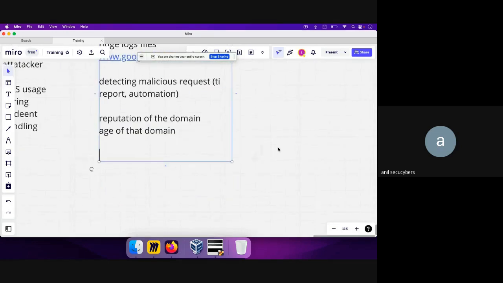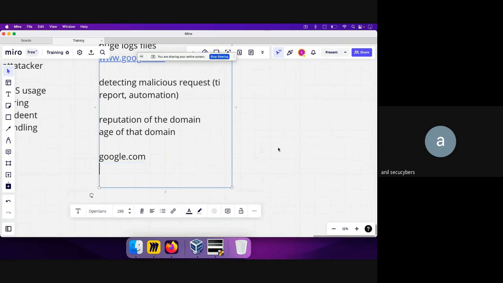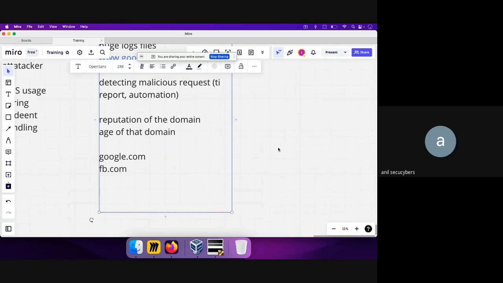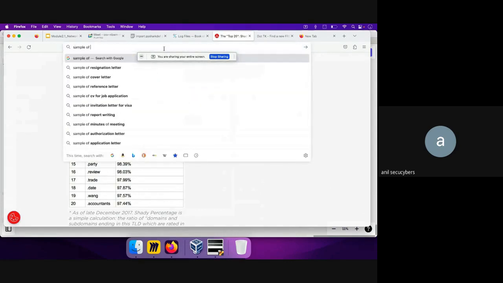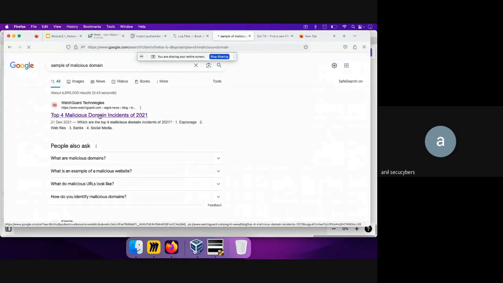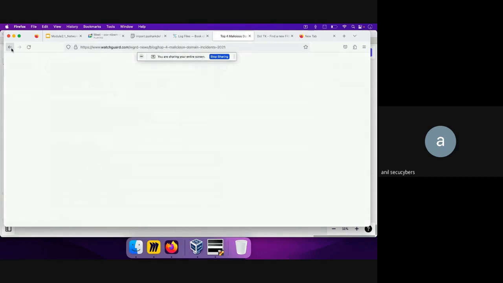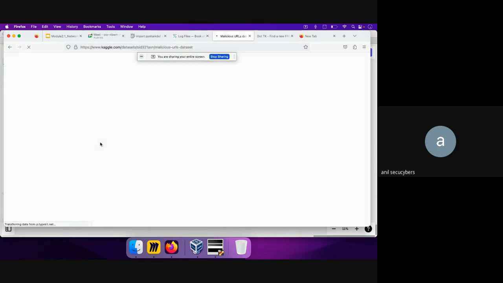So by reputation, what I mean is that let's say google.com. Okay, it is a very highly reputed website. Everyone knows about that. Or let's say fb.com, everyone knows about that, and we know that, okay, it is not malicious in nature. So that is what I mean by reputation. Okay, and let's say what we do is that, okay, so we go over here, and let's say